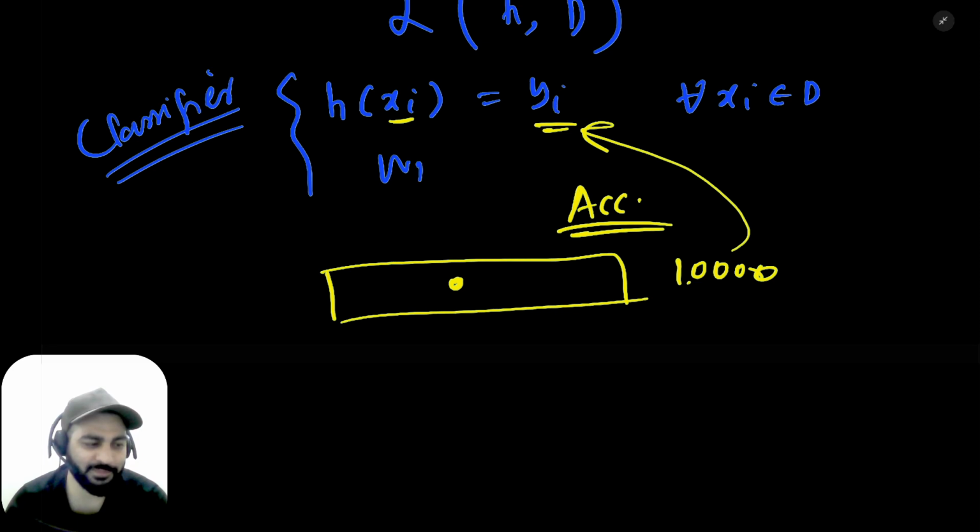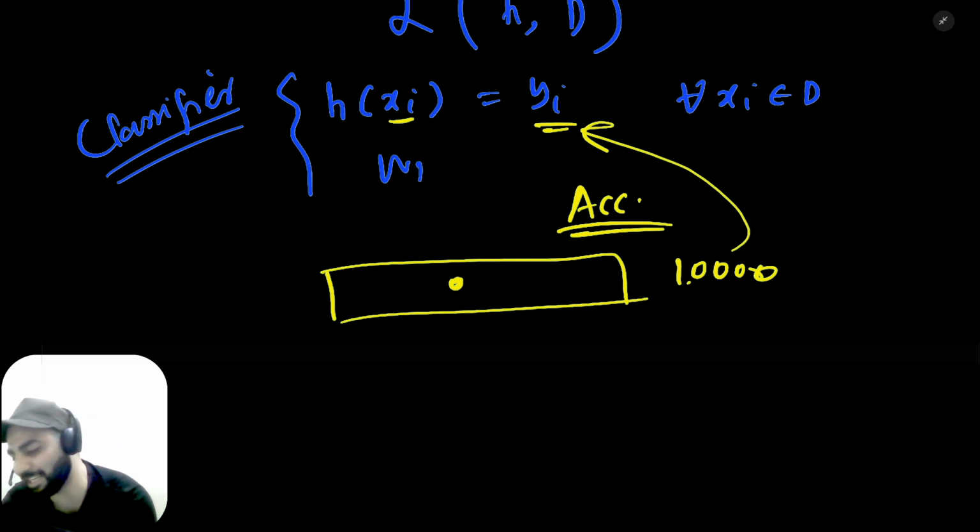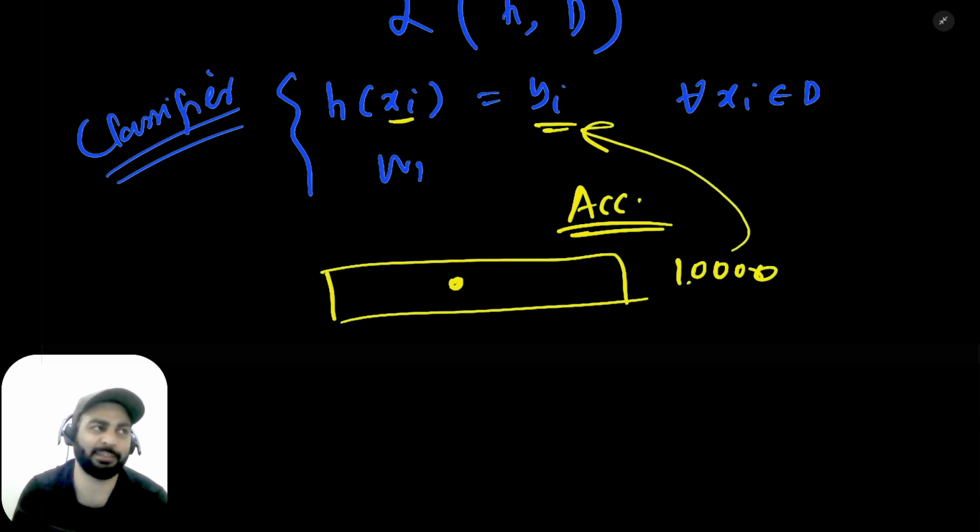No, sir. What do you say, Rihan? Is this classifier good? No, sir, because of the random result. Because it only performs well on the data set that we have, that is what it was trained on. So this is called